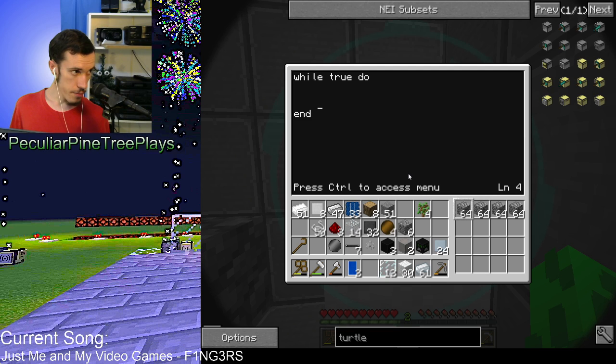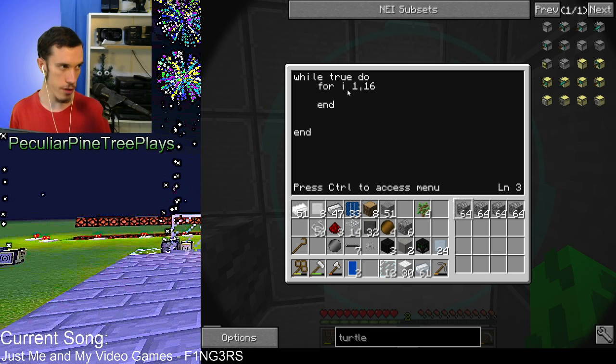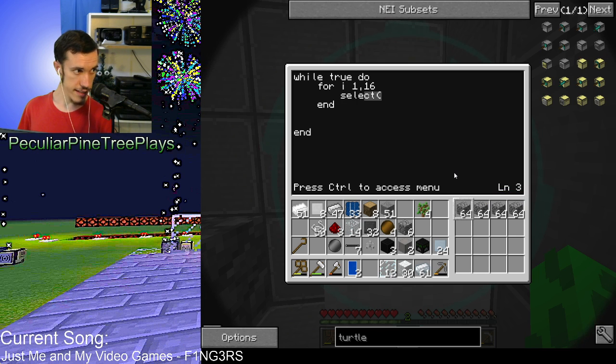Actually, okay, so we're going to need another loop inside here. We're going to need a for loop. We want it to check every slot. So, okay, for... this is not going to be a very efficient program, but for I equals 1, 16. What this does, end, is every time it loops the for loop, it will increase I. It'll start at 1 and end at 16. And we want it to select the slot, so select...